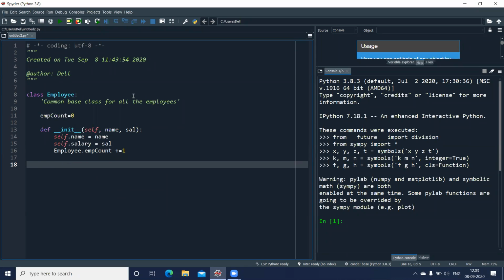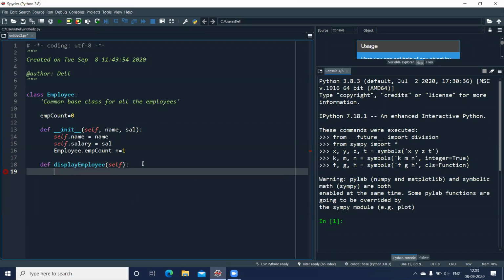Let us write a user defined method so that I can display the employee details. So I'll write def display employee. In this, because I'm going to display it, I'm not going to pass any parameters. I'll just write self. As I told you, self will refer to the current object, or the reference of the object. In this, I'll write a print statement.